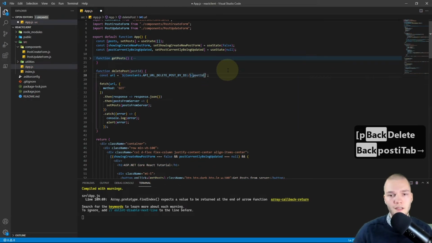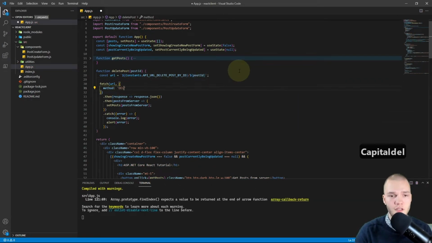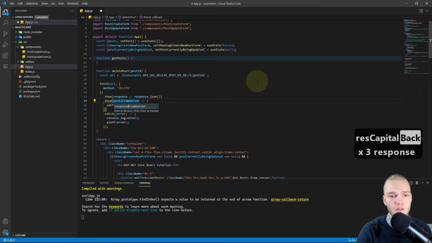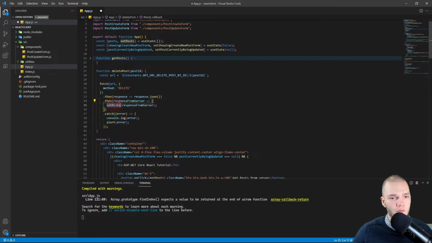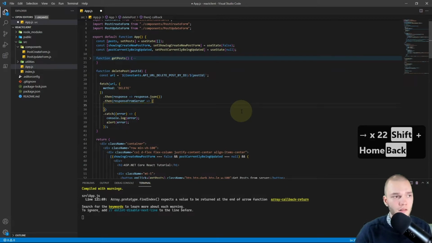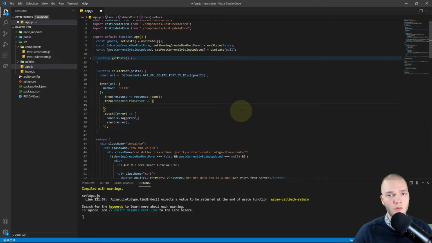our postID. Then for the fetch, I'll change the method to DELETE, and I'll rename this postsFromServer with F2, change that to responseFromServer, and instead of setting the posts, so I'll delete that, I want to just console.log the response from the server.